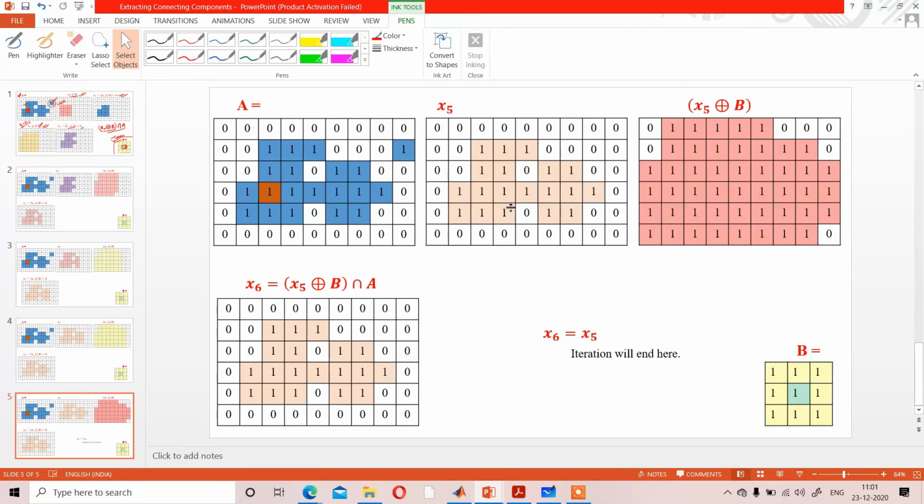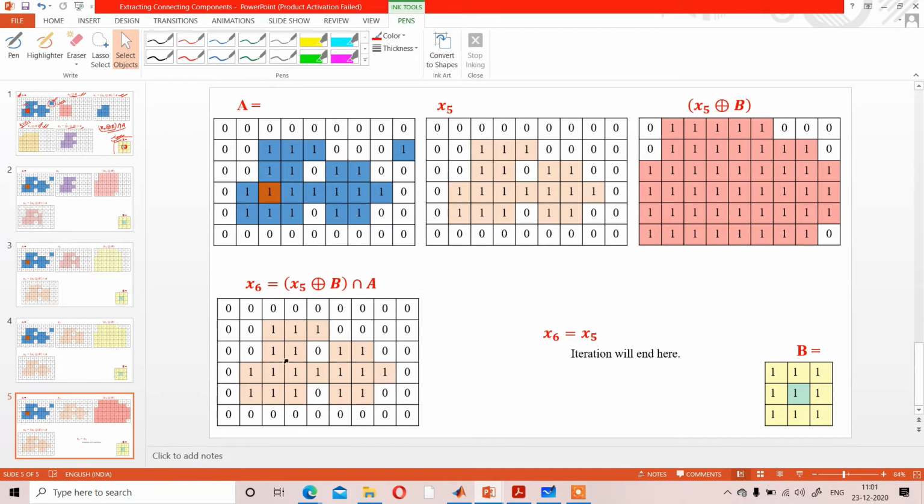I'm not showing each and every one here. After calculating x5, if you calculate x6, x5 and x6 will look exactly the same. That is, x5 is exactly equal to x6. That means the process will stop here.